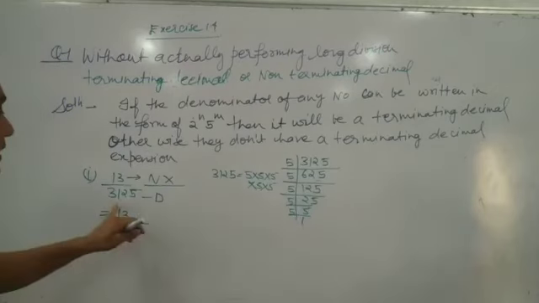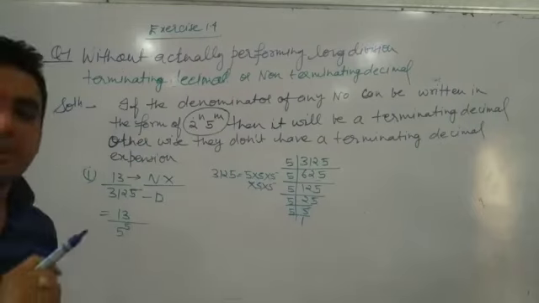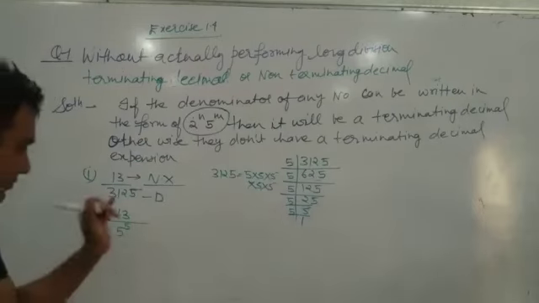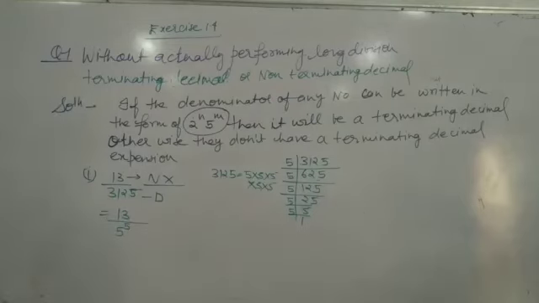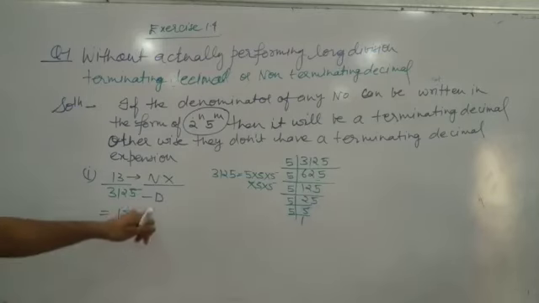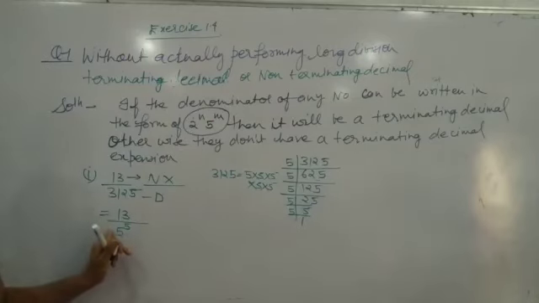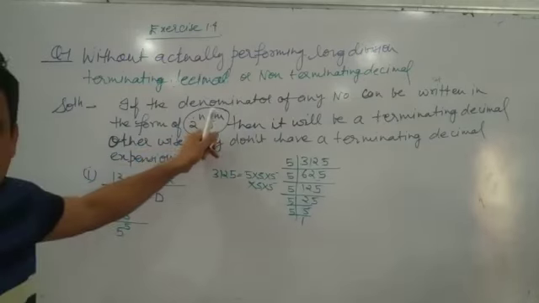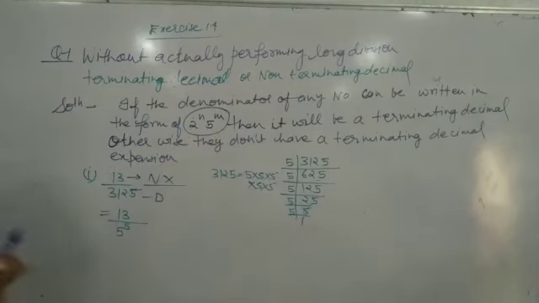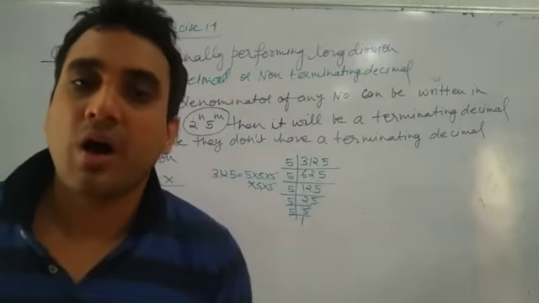Now, is it a terminating decimal or not? As I earlier told you, if the denominator can be written in the form of 2 to the power n, 5 to the power m, then only it will be a terminating decimal. Now you are all thinking that this number has 5 to the power 5, so it is in the form of 5 to the power m, but there is nothing which includes 2. There is no factor 2. So this number must not be a terminating decimal, but it is a terminating decimal. How? I am going to